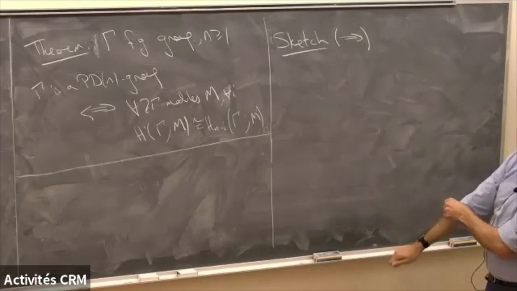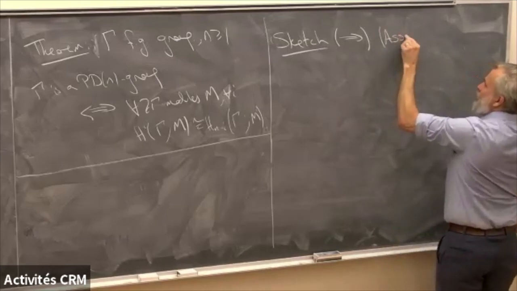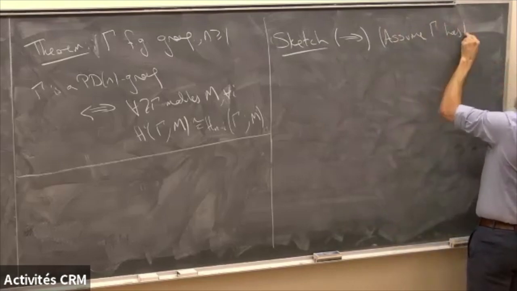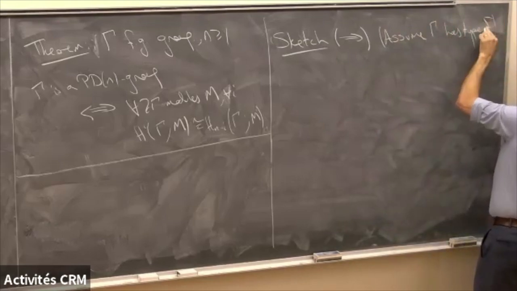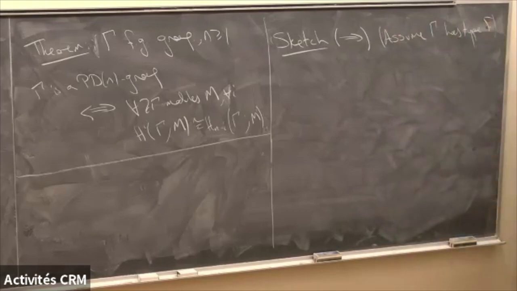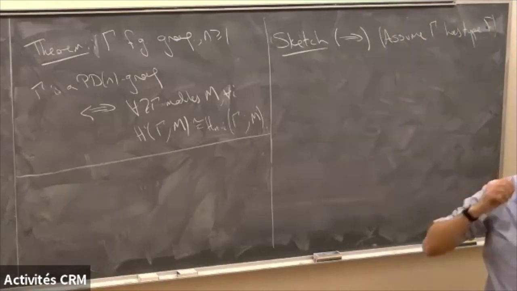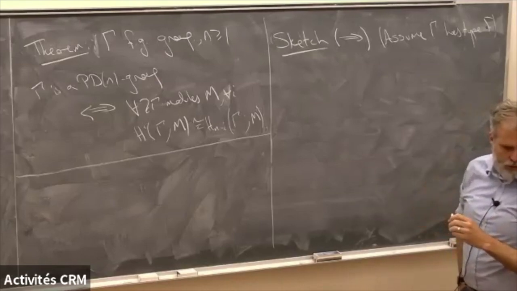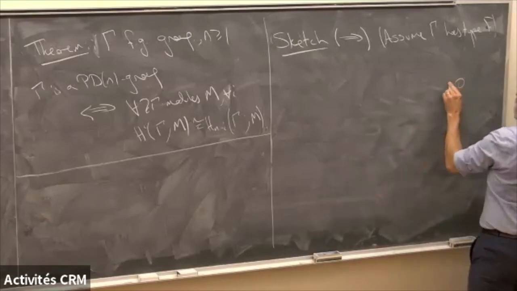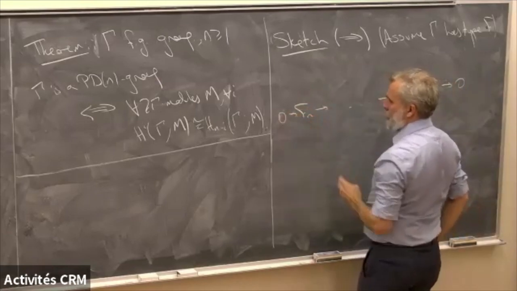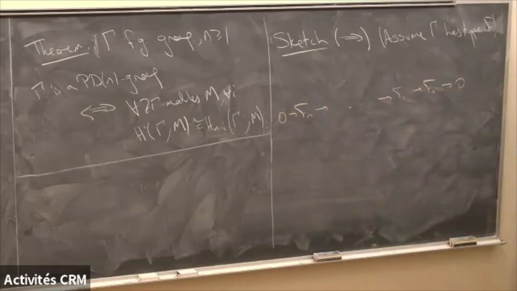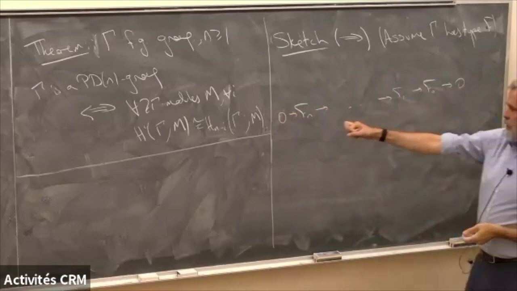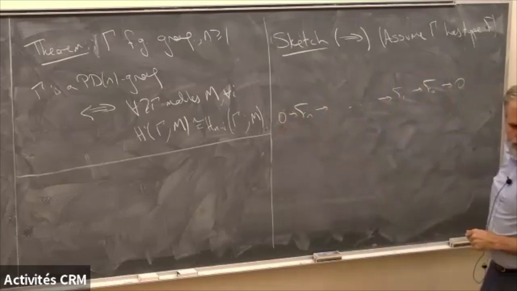Okay, so I'm going to assume gamma has type F, which is said as a finite K gamma 1, and that means I have a resolution by finitely generated free Z gamma modules. Instead of generally they might be projective. All right, so let's see. I have my resolution. I'm going to put the F_n here. I claim that my resolution can stop at degree n and be 0 afterwards. Let's not worry too much about that.